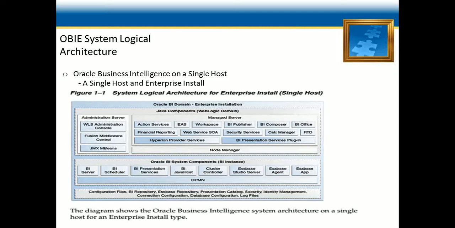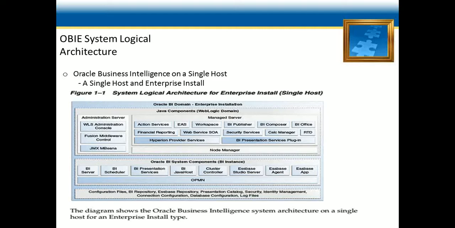Here we have three installation types in OBI: simple installation, enterprise installation, and software only installation. In the simple install type, it installs OBI components but it doesn't install a managed server. The enterprise install type installs OBI components and a managed server to scale out an existing enterprise deployment of OBI. Here you will get a new option called scale out.